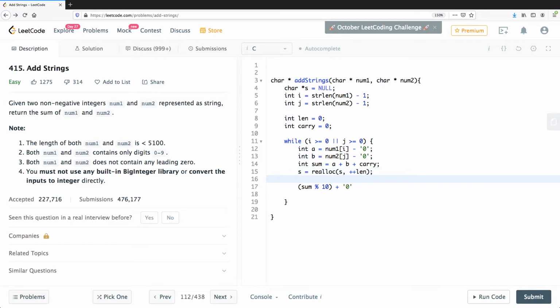So now with that we should be able to do a s[len minus 1], which is the index, equal to this thing that we just calculated. So let's go to, okay, so s[len minus 1] is, now we have got our first character, I would say. And now at this point we need to make sure that the carry is updated, which is nothing but